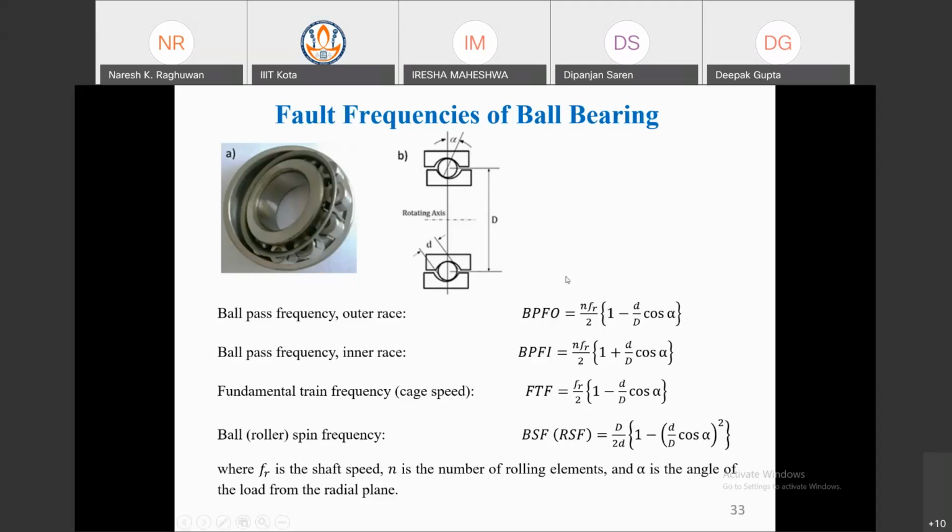If alpha is 0, then cos 0 is 1, and this is the simple formula, 1 minus d by D. But if something is misaligned in the load, not in the vertical direction, some alpha will be there. So these are the frequencies you calculate initially for your healthy bearing, and then